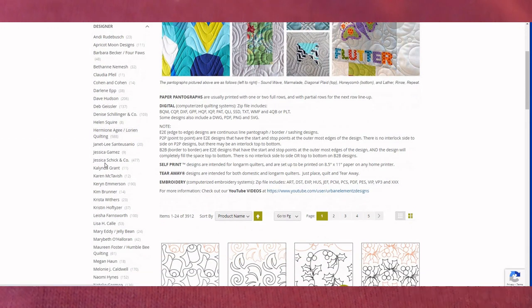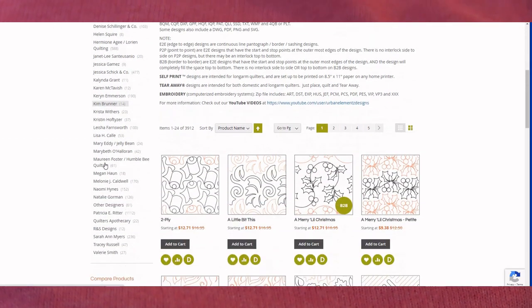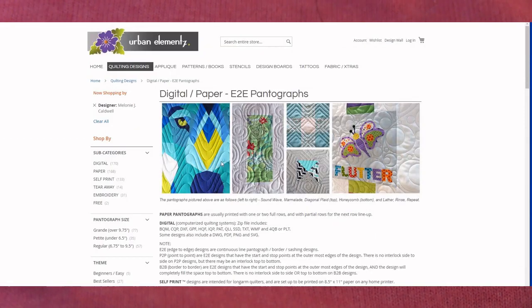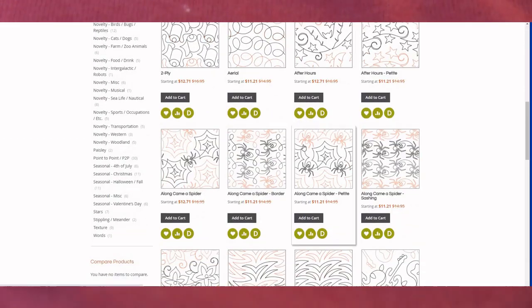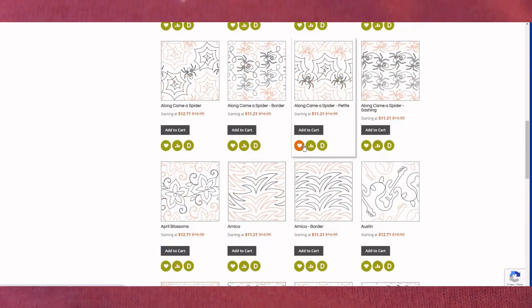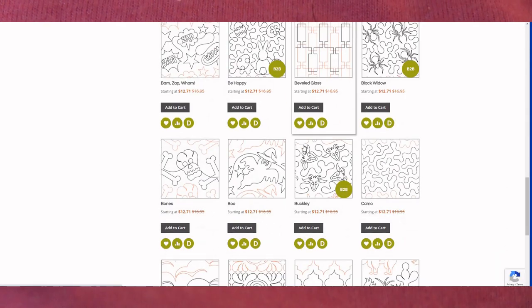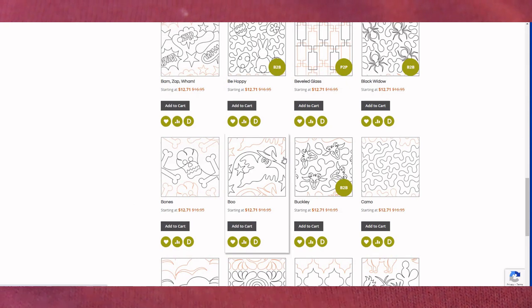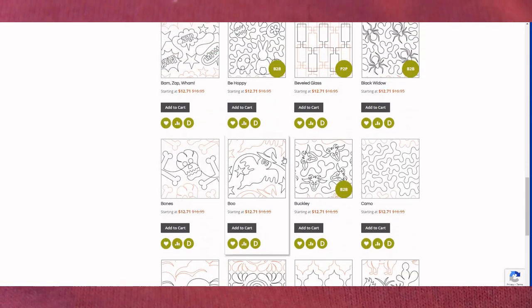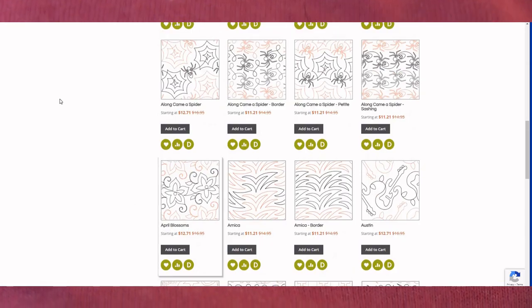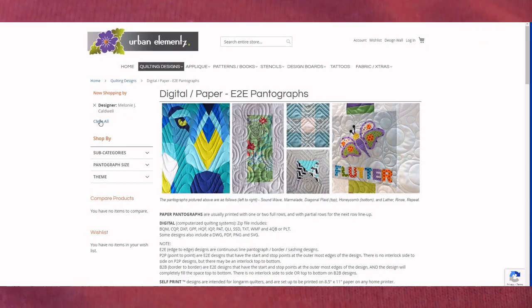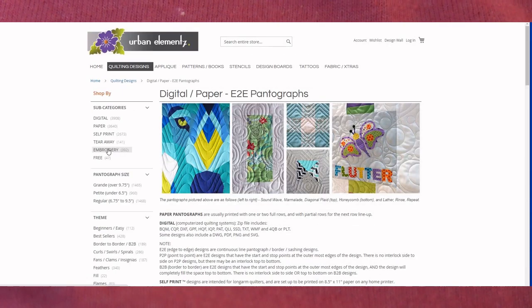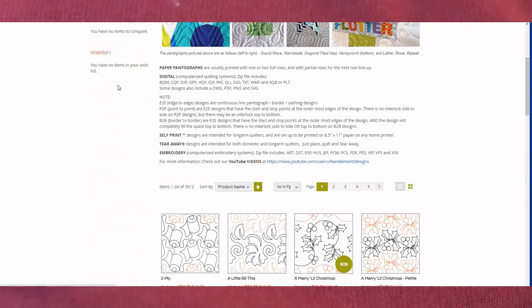So I've used two people many times in this tutorial. Here's Melanie Caldwell, one of my favorites. We could filter all of Melanie's designs, and you'll see several that I've used recently. Boo would be in here. I just did this one, and I did one of the spider webs, but we could clear that,